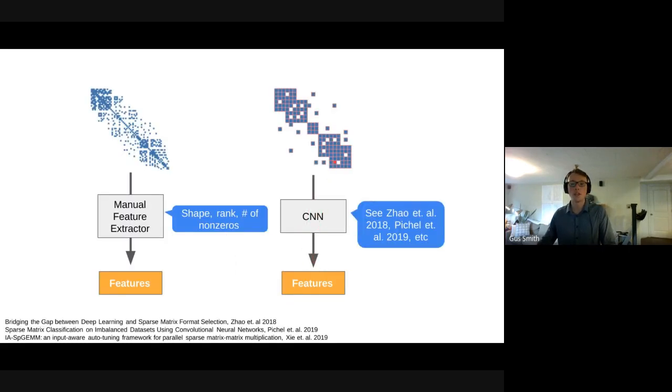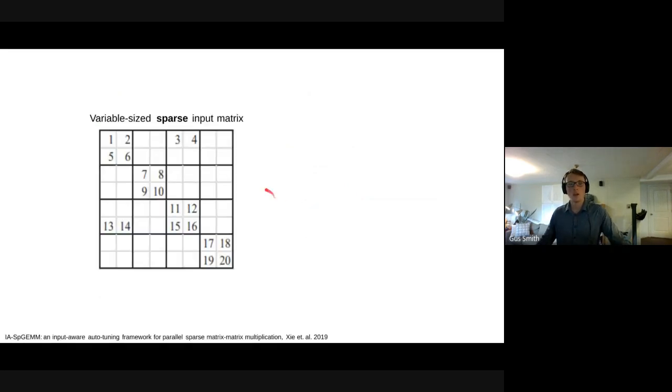So how do we actually put a sparse tensor into a CNN? We start with some variable-sized sparse input matrix. The input to this kernel could be really whatever size, if the kernel can handle it. So we need to figure out a way to turn this variable-sized sparse matrix into a dense matrix of a fixed size that we can do convolutions over.